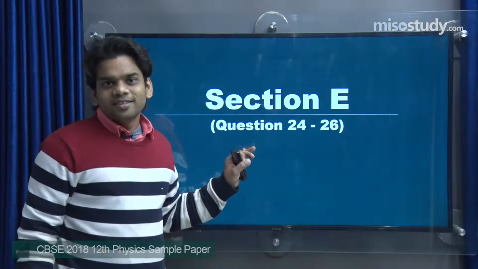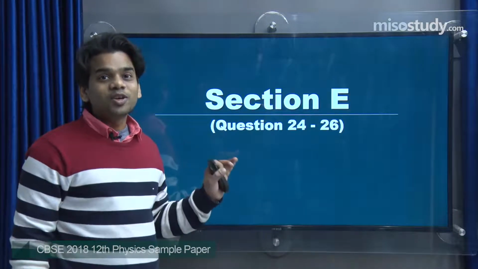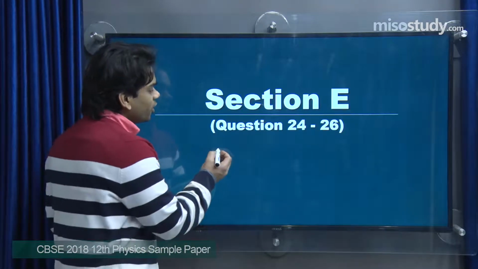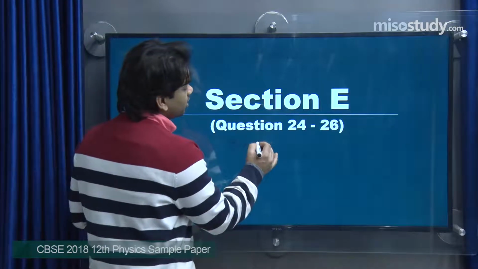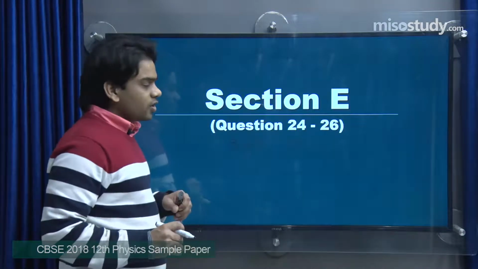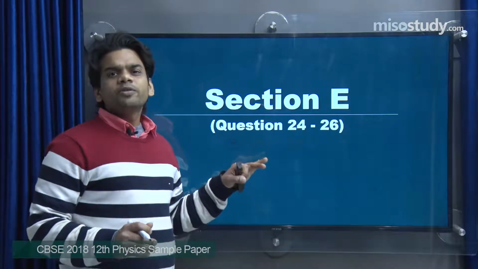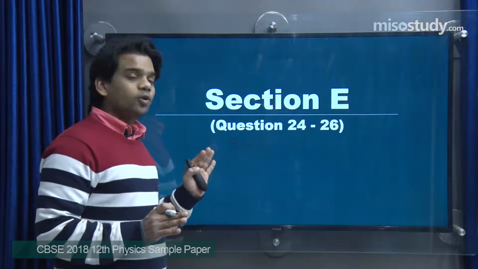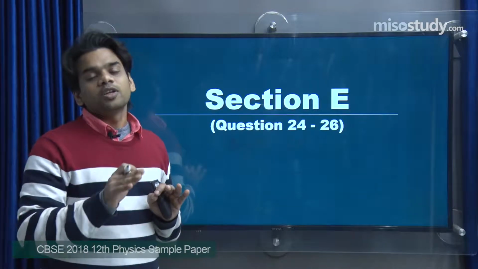Section E, the most highly securing, highly scoreable section in this part. This has 3 questions of 5 marks each, and it will be in total 15 marks. So first of all, let me tell you, it will be mostly numerical based. There is no choice given. You have to attempt 3 questions,